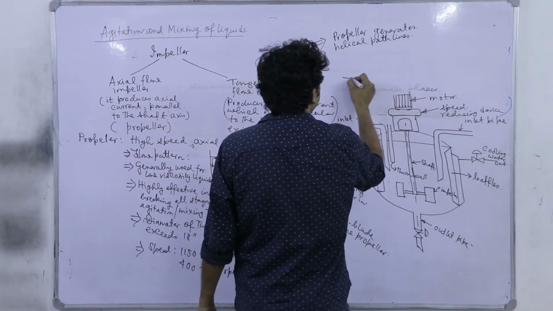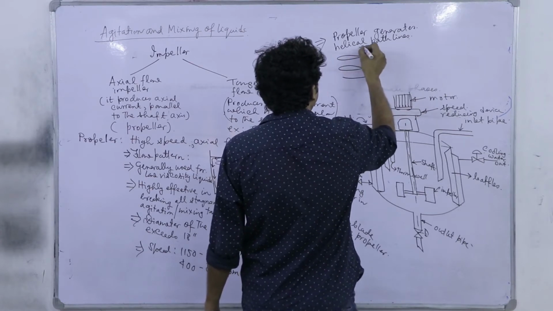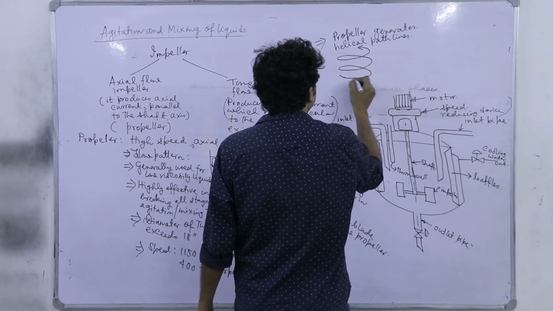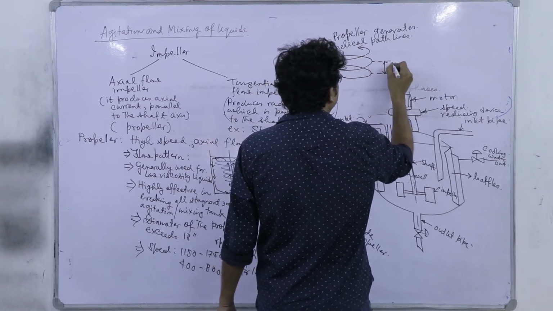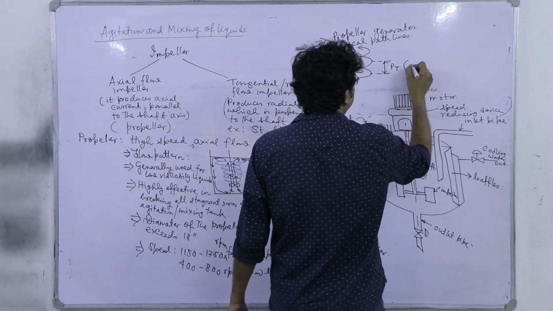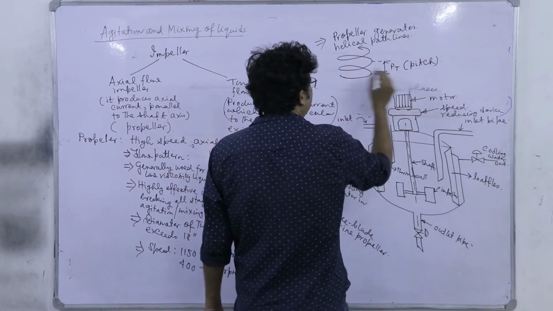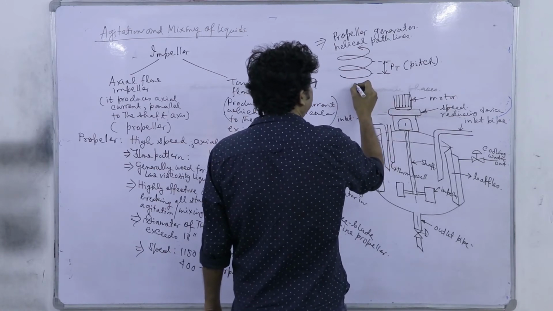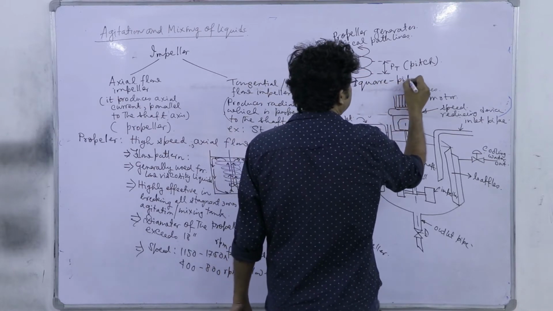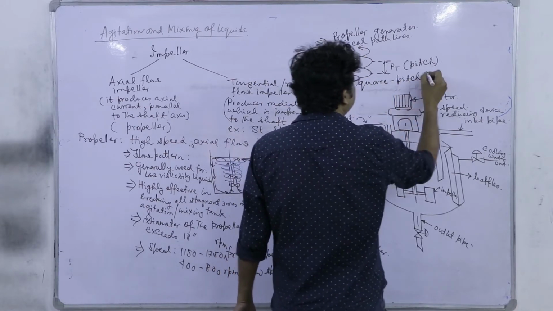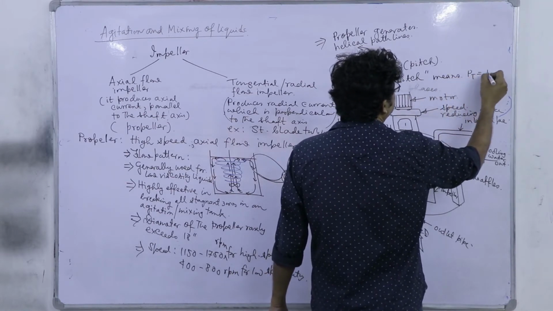So now you see, when we think of a helix, it is like this, and the distance the liquid travels per unit rotation is called the pitch, and that is why we sometimes refer to the propeller as a square pitch propeller. Square pitch means pitch is equal to the diameter,